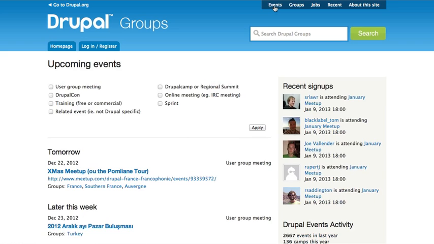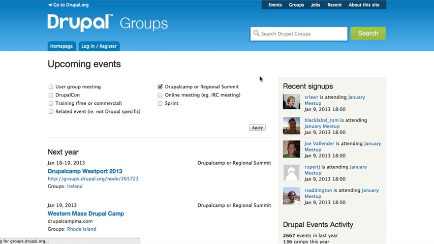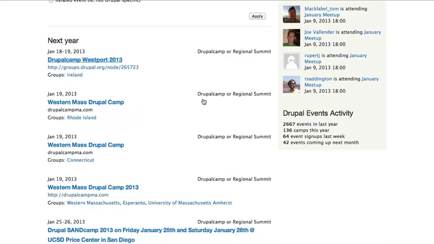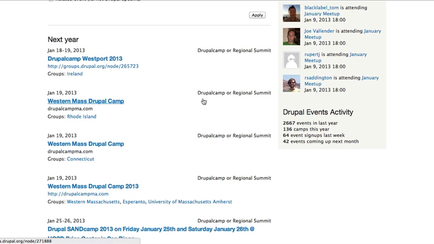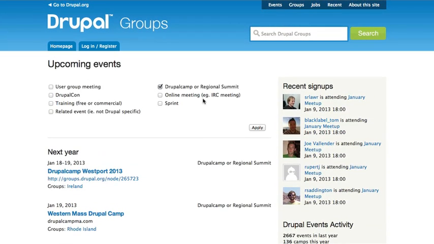We also have this events link, which lists all the various events that are going on in the Drupal community. So you can see it's listed tomorrow, later this week. It starts with where we are now. You can limit this list though, like say I want to just see Drupal camps that are happening. And so again, it's just a quick, easy way to see what's going on around the world in the Drupal